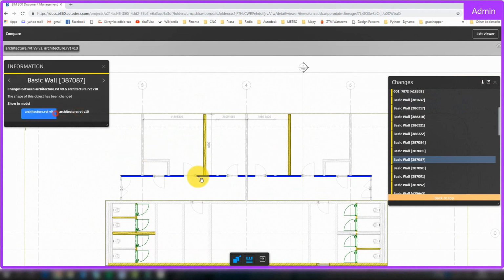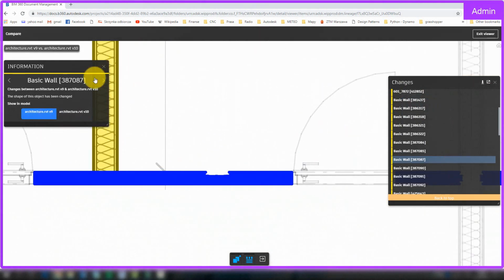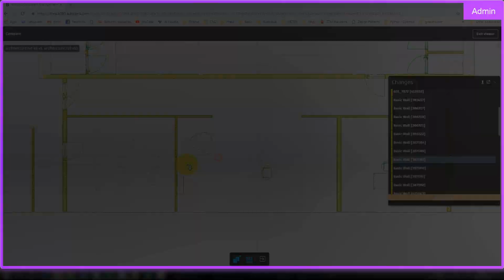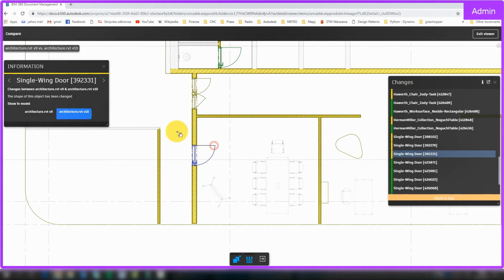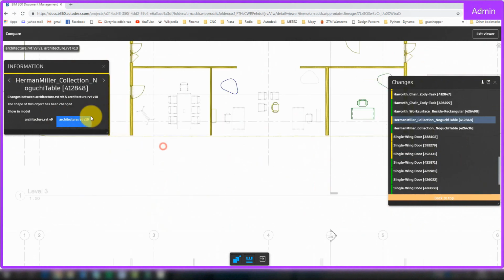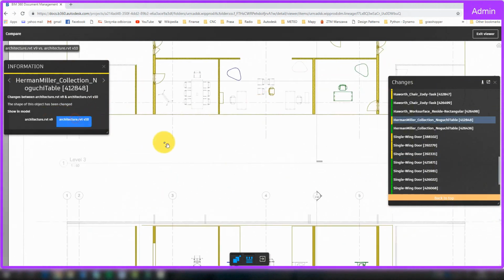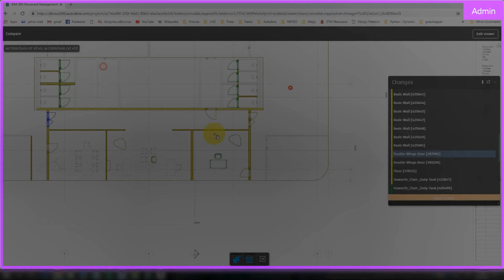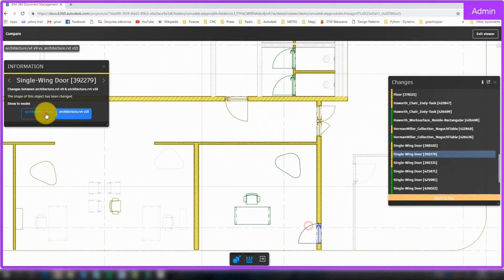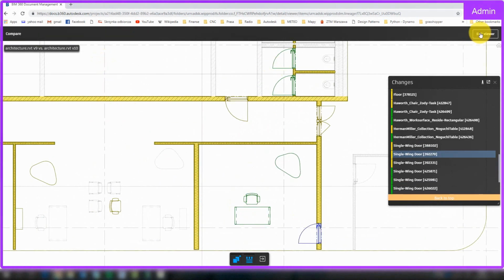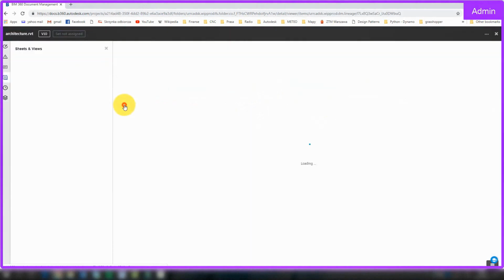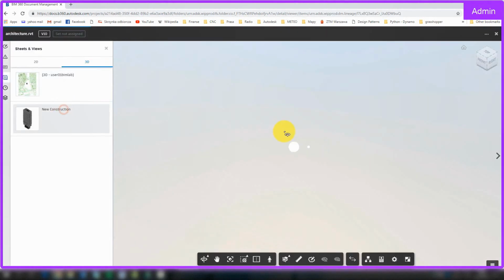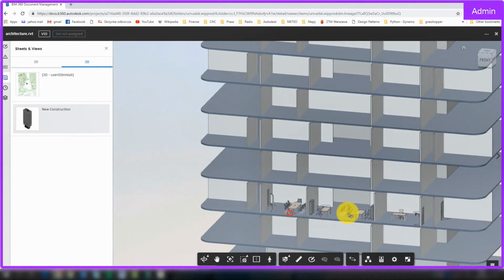What I'm interested in is what happened with my project between Sunday and Thursday, for example. Since then, some changes were made and published to the cloud. And now, as you could see here, I can graphically see the difference. The yellow elements have been changed, green elements have been added, and red elements have been deleted, and everything will be